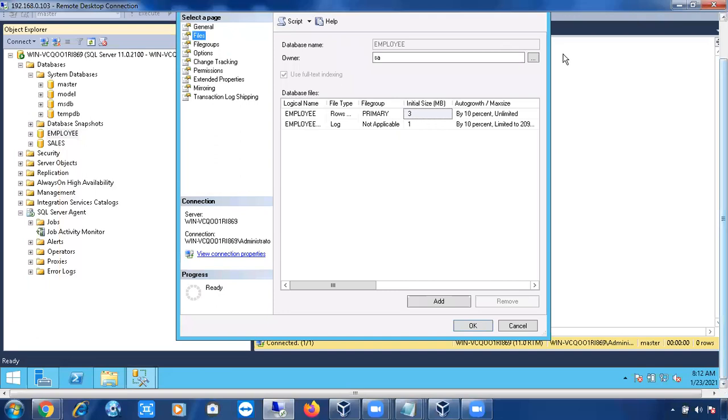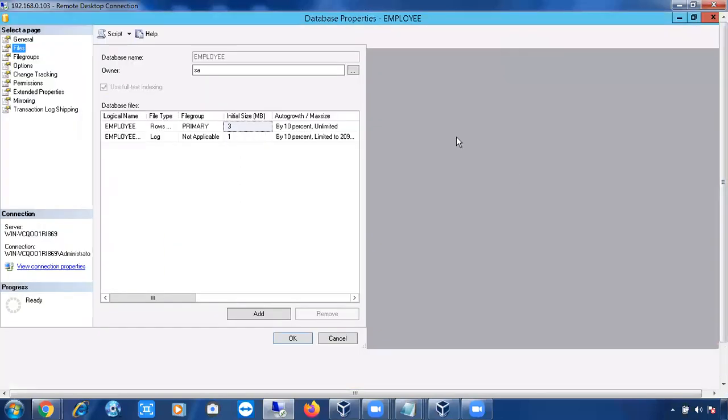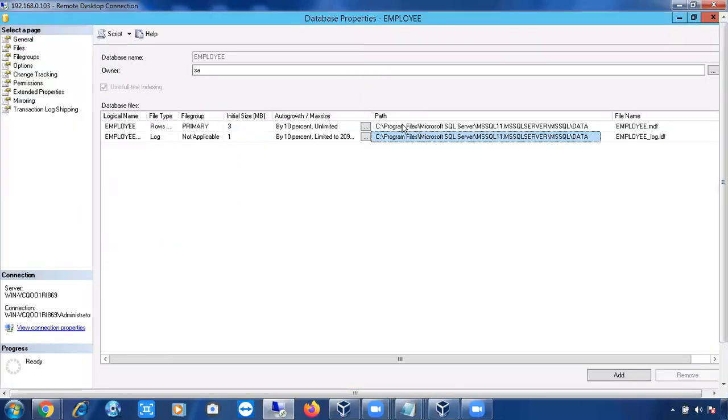Okay, if you expand this window, this is the path, right? You can see this path, the path of all other databases including system databases like model, MSDB, TempDB. All the paths of other databases will be stored in the master database. Once master comes online, master database will check whether this path exists or not.